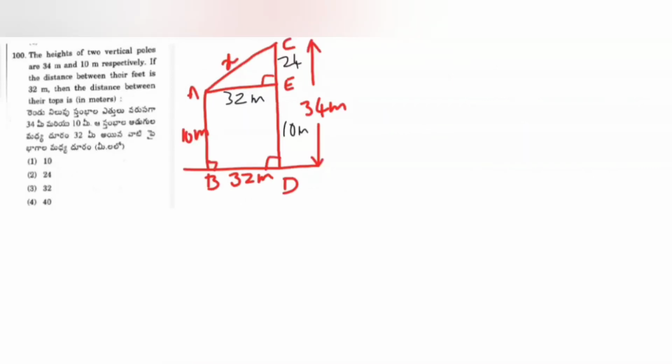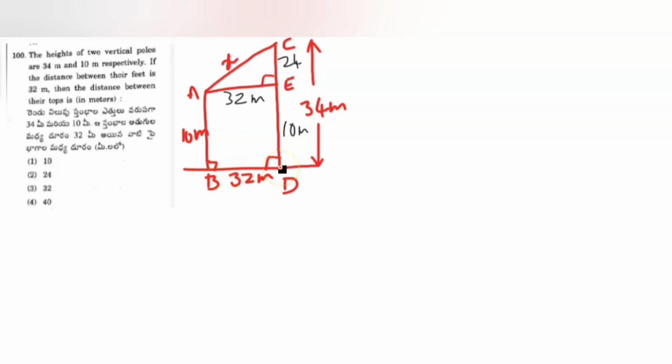Now let us see question number 100. The heights of two vertical poles are 34 meters and 10 meters respectively. The distance between their feet is 32 meters. Then the distance between their tops is dash. We need to find the answer in meters. Okay, all are in meters only, so we'll get the answer also in meters. So let us think. I have drawn the picture already for you. So AB is the smaller pole and CD is the larger pole. So AB is of length 10 meters and the larger pole is 34 meters, and the distance between their feet